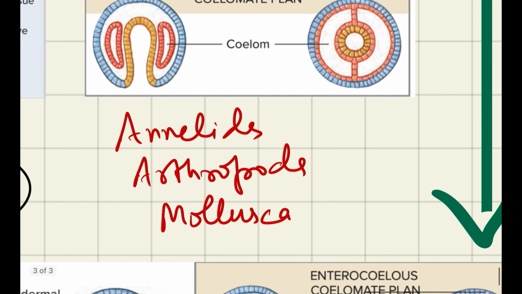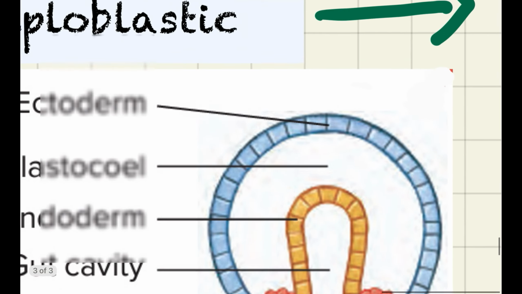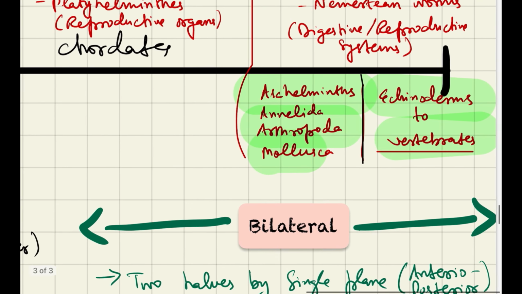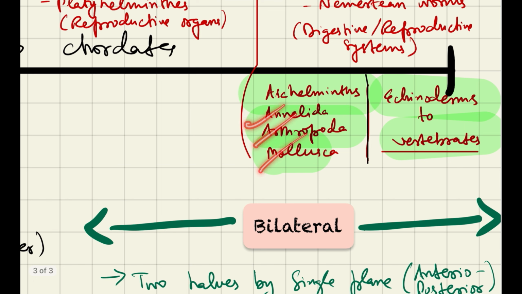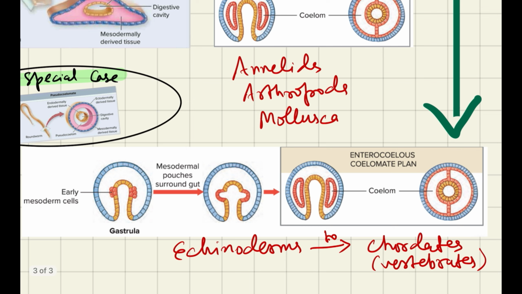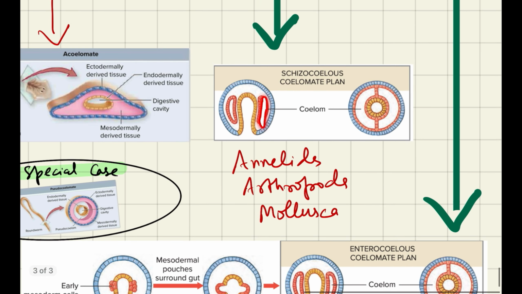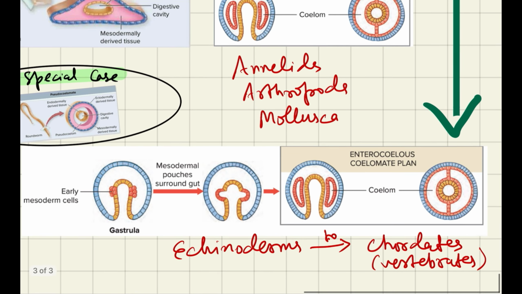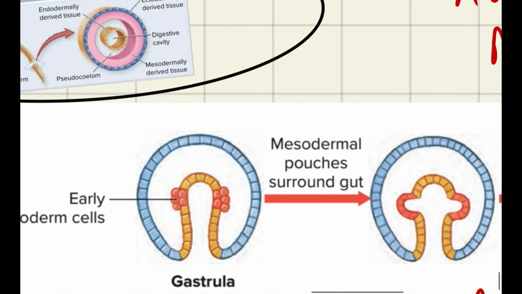This condition is found in annelids, arthropods and mollusks. This is a special case, just leave it aside. Then there is a second group, from echinoderms right up to the vertebrates. They are also coelomatous, but the formation of coelom is by a different process. Here it was by splitting of the mesodermal bands, but here what happens is that right from the start,